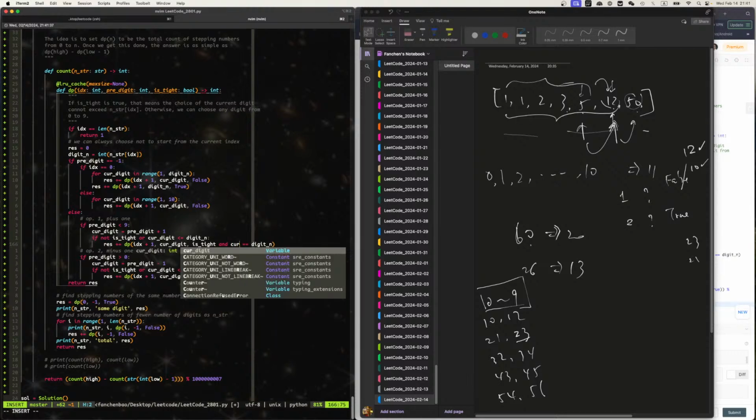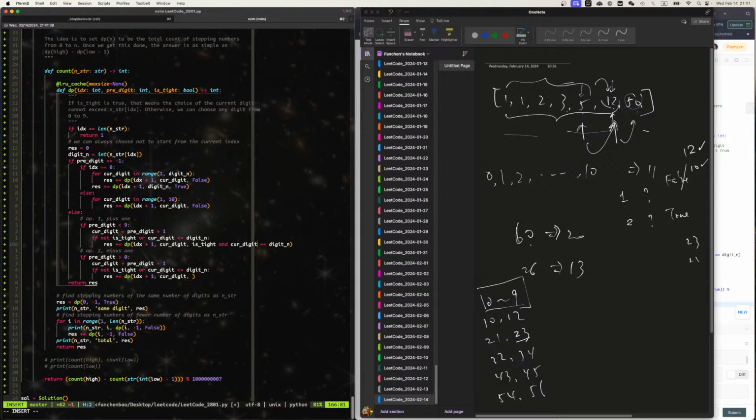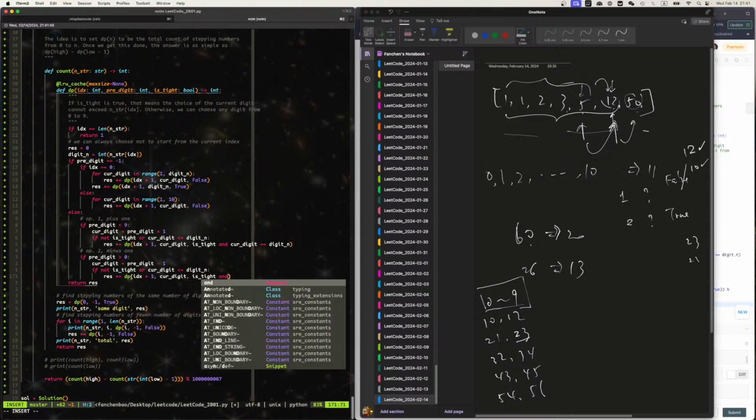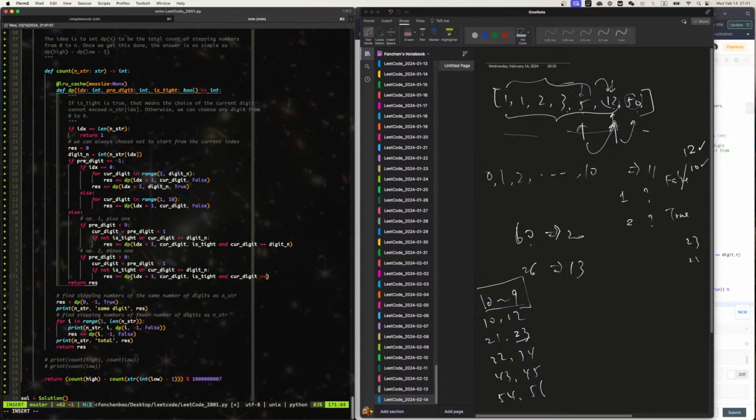So current digit equal to, right? If the previous tight is false, so if previous is false, okay, that I can agree to. And here I think it is the same, right? So with this, and current digit equal to digit n. So again, if previous is not tight, then future will not be tight. If the previous is tight, right? If previous is tight,